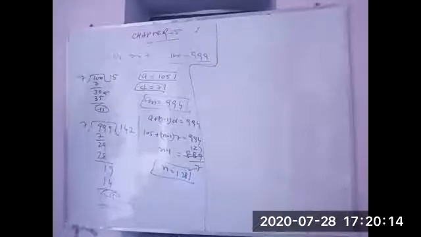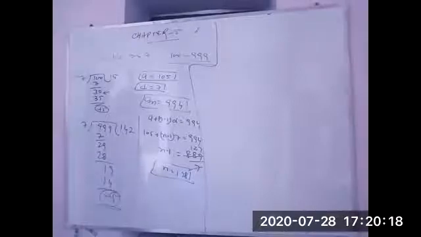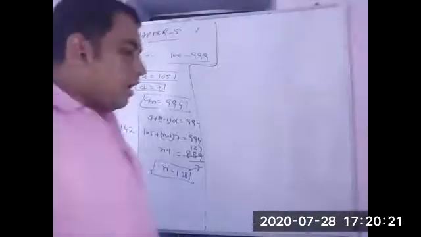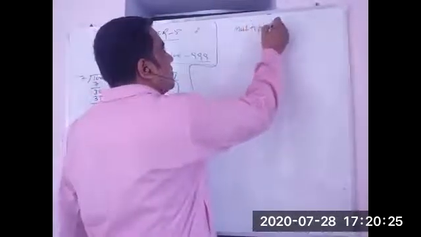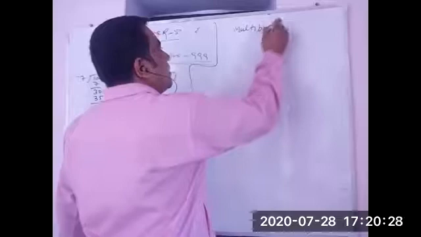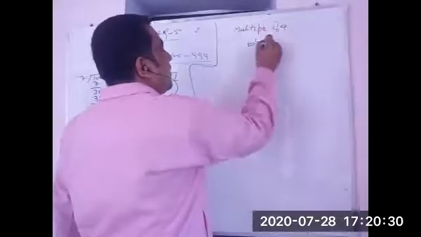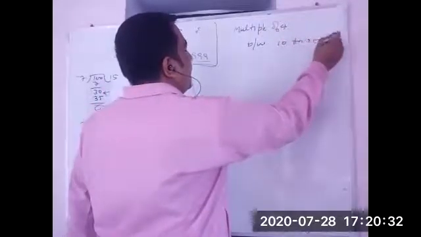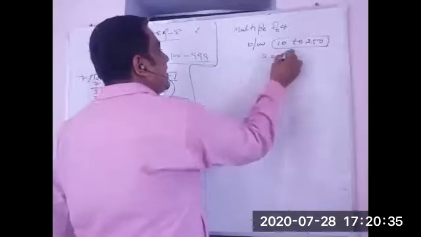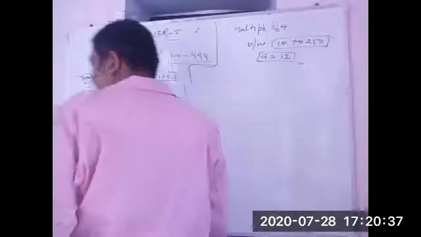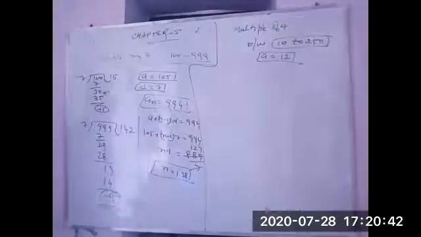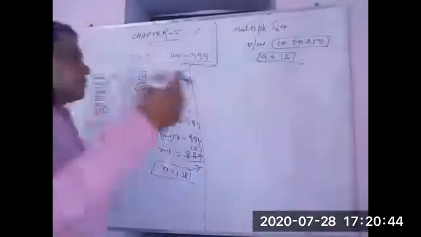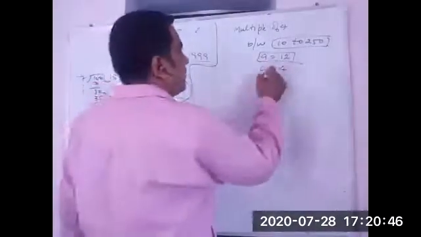Now, what is our next question? What do they ask in question number 14? How many multiples of 4 lie between 10 and 250? Easily I can tell, the first term will be 12. Now there is no need to check it by division. Okay, what will be the last term? And D will also be 4 here.